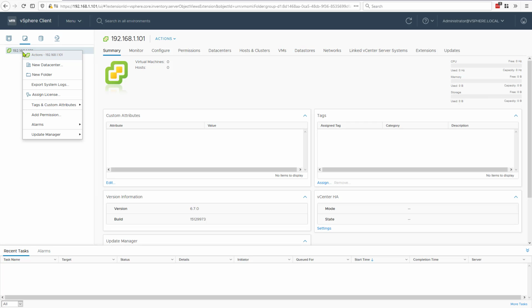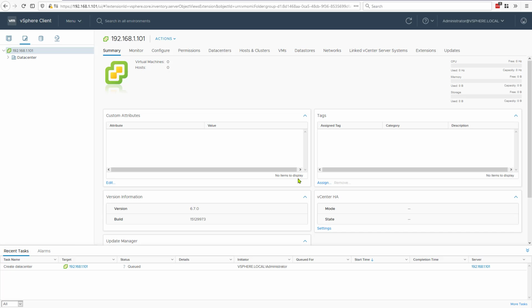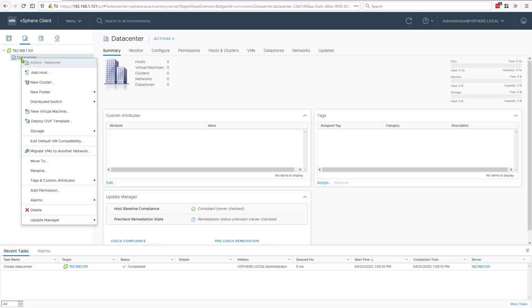So right click here, and we add a new data center. We call it whatever we want. It's really just a container object. I'll leave mine named Datacenter for lack of anything else to call it. We can open it up and see there's nothing in it. You have to have at least one data center. That's just the way vCenter works. It's assuming that it's going to be managing multiple